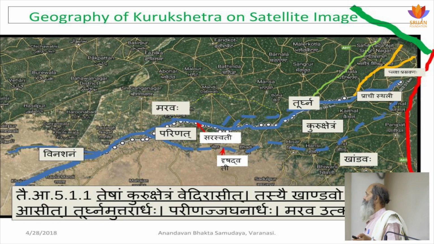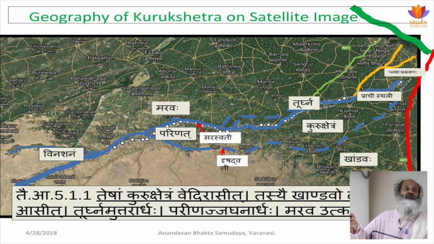Then what has happened to the Drushatvati in between? The Saraswati should have gone to Drushatvati, because Drushatvati is in between Saraswati and Yamuna. So, if at all Saraswati was to feed Yamuna, or Yamuna was to feed Saraswati, it should be flowing in the channel of Drushatvati. If you keep that satellite image, it would be actually Saraswati, right? See, actually what the text says is, you start at Vinashana, okay? And then it says, Pratipayanti nahi anvipam.